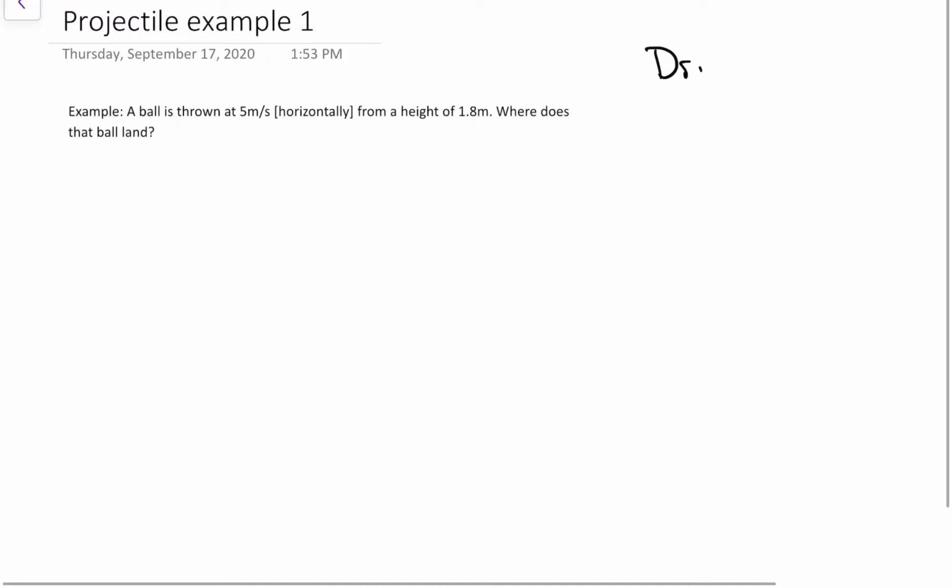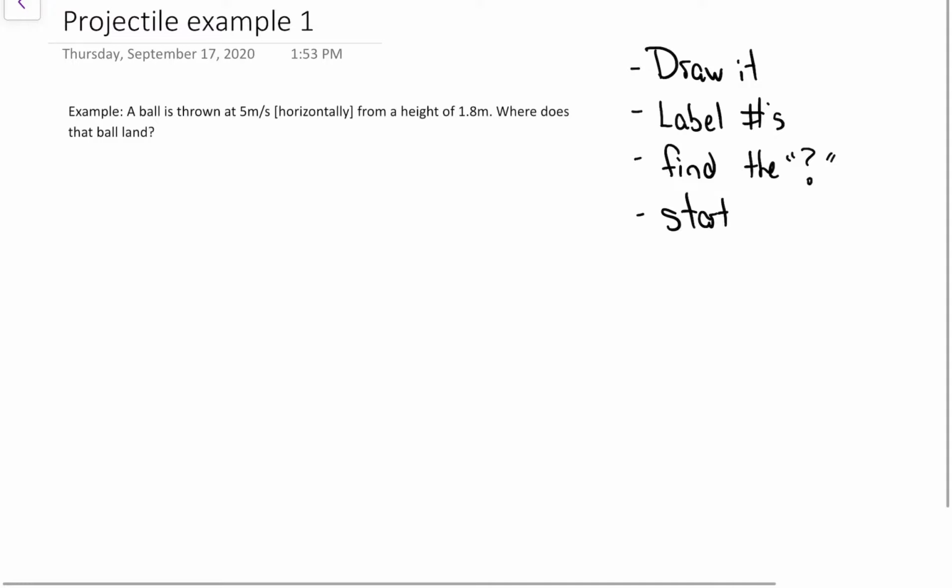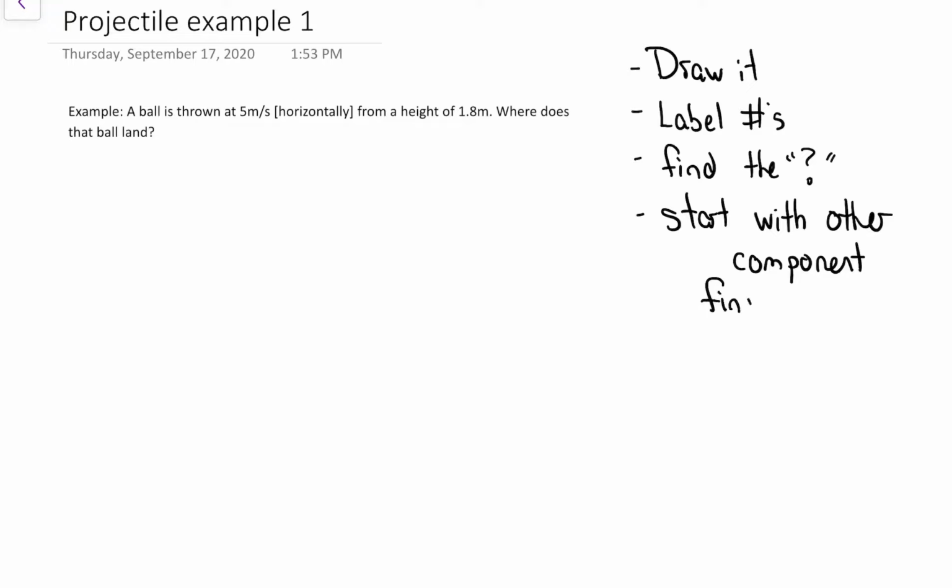Basically, we're going to sketch it or draw it, label the numbers. We want to find the question mark. And then what's weird is we're going to start with the other component. A little bit messy. Define time. Once we got time, then we can solve. It's all about perspective, so when we work through this first one, I'll talk you through the perspective